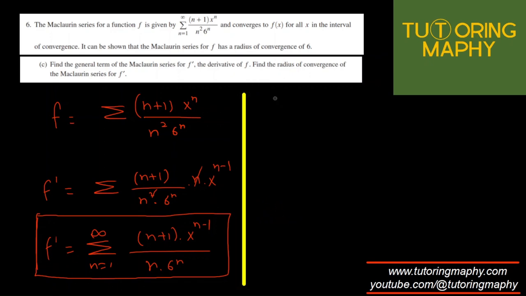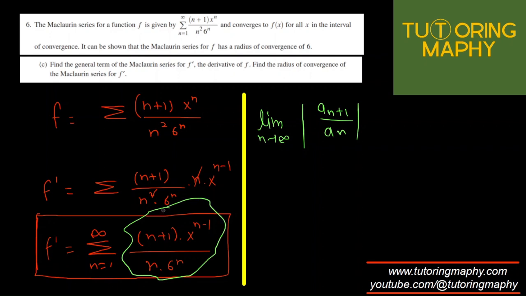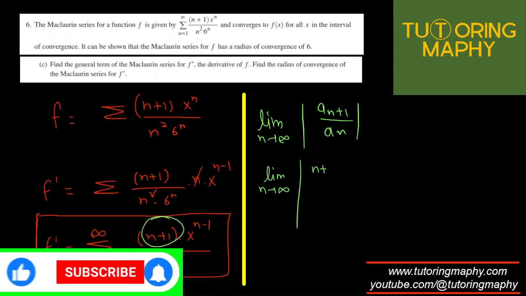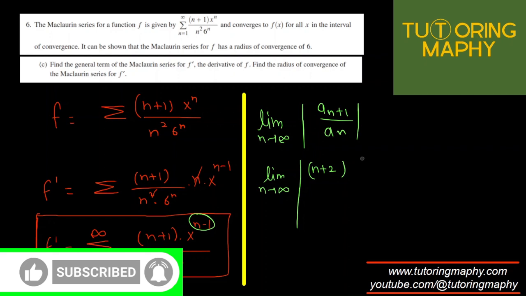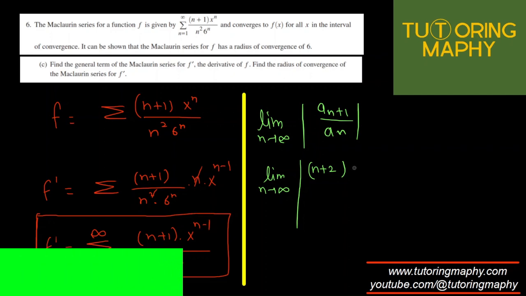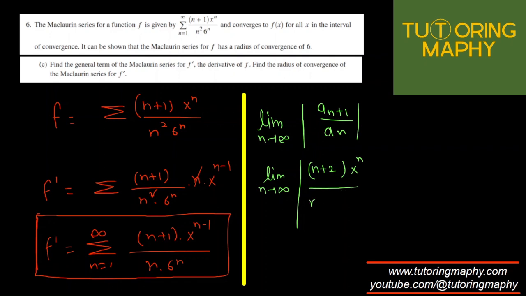just take the ratio of the immediate to the preceding term. So a sub n plus 1 over a sub n. That's what you have to do. And you have to set the limit of this thing as n approaches infinity of the absolute value. Let's do that. This entire thing is actually our a sub n. So this becomes limit n approaching infinity of, let's replace every n with n plus 1. So n plus 1 over here when replaced will become n plus 2. This n plus 1 will become n plus 1 minus 1 because there is a minus 1 here. So that becomes n. This is n plus 1 and this is 6 raised to n plus 1,